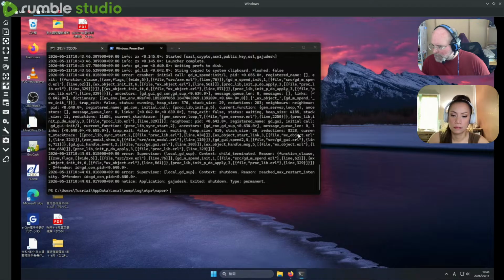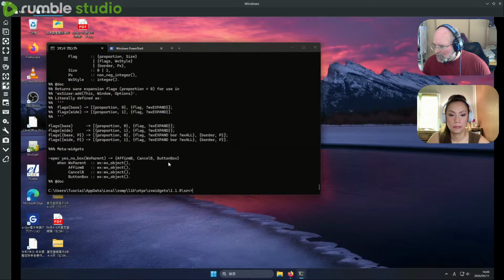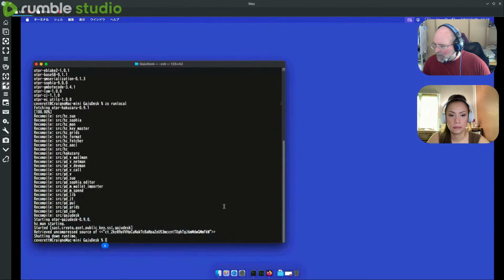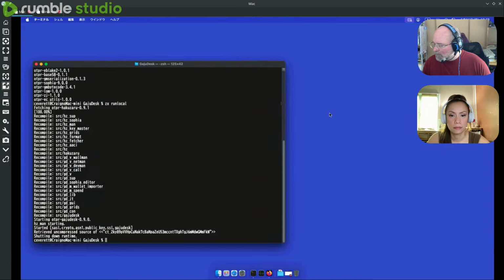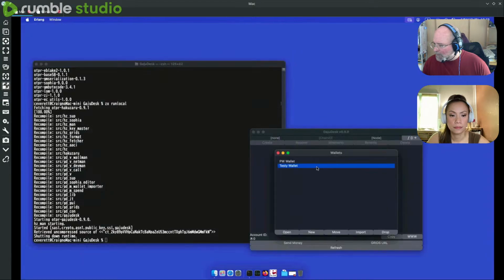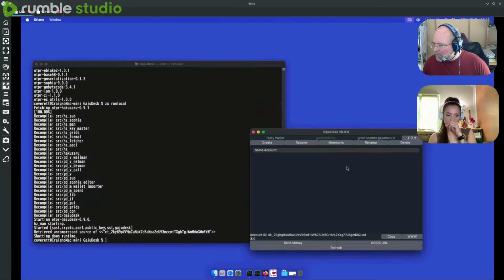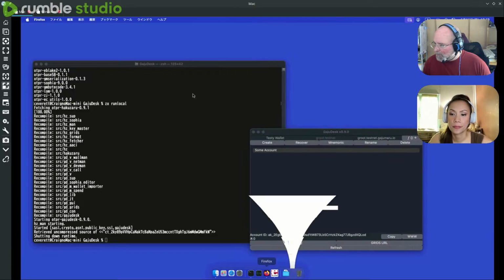Function clause. 6W flags. That's odd. Let's try this on Mac. Okay.